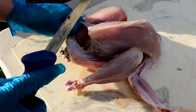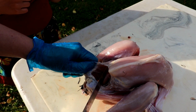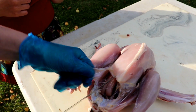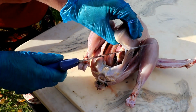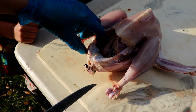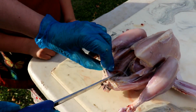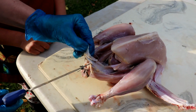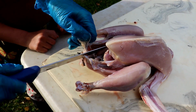Then what I do is I take my knife and I turn the blade towards my direction, and I just poke the tip of my blade and I pull up, and that opens up the cavity just like that. And on this side I do the same thing. I do the initial poke and I go up, and this opens up the cavity nicely. After I'm done that, I go down towards where the anus is. Now this is my technique, I cut on each side. So I'm going to poke a bit, go up to get that initial cut, and I will go down